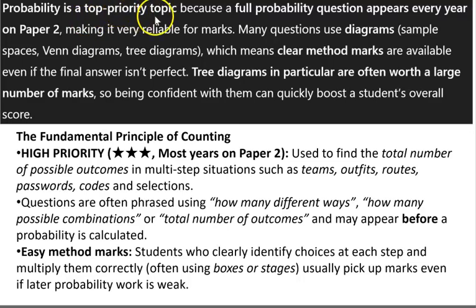So probability is a top priority topic because a full probability question appears every year on paper 2, making it very reliable for marks. Many questions use diagrams, sample spaces, Venn diagrams, tree diagrams, which means clear method marks are available even if the final answer isn't perfect. Tree diagrams in particular are often worth a large number of marks, so being confident with them can quickly boost